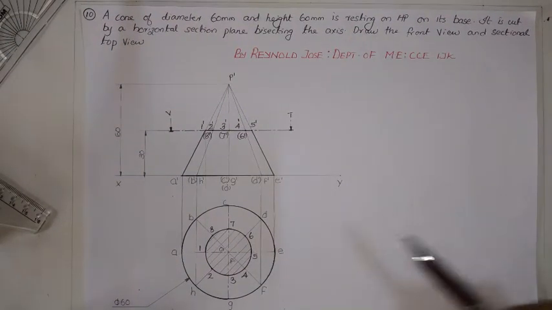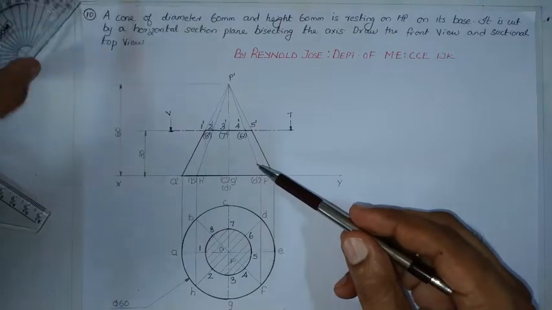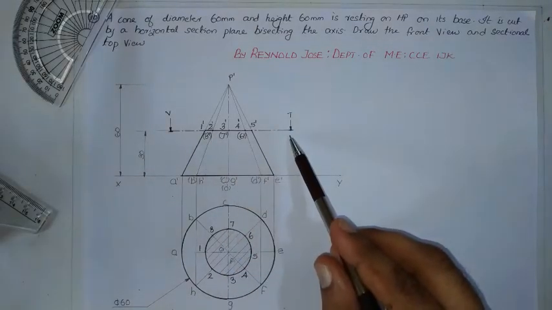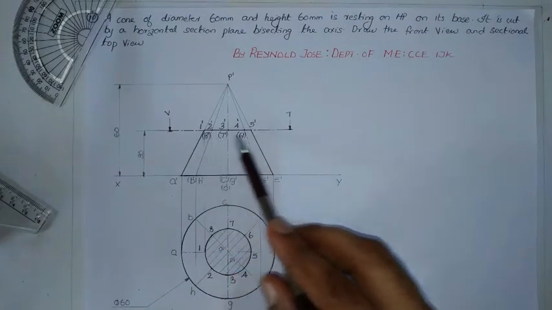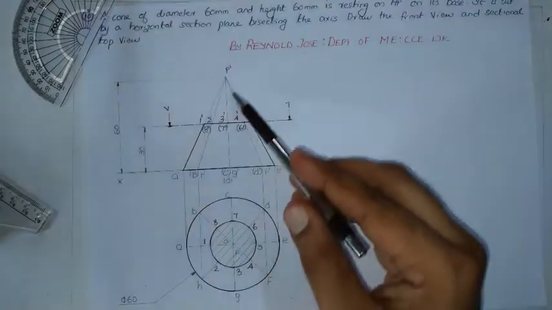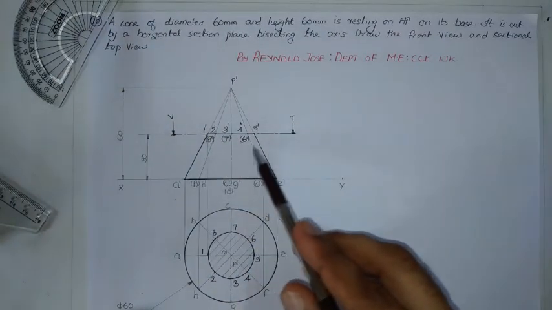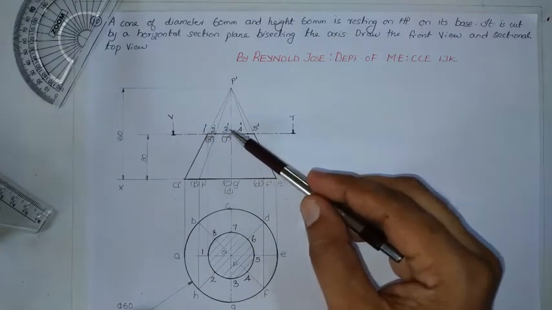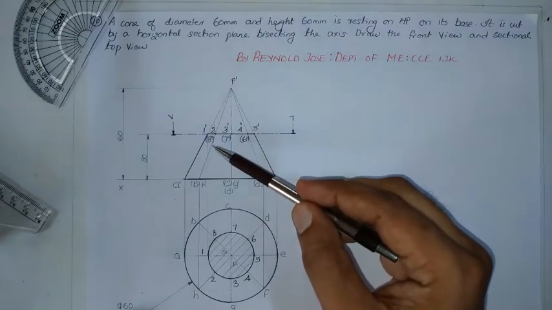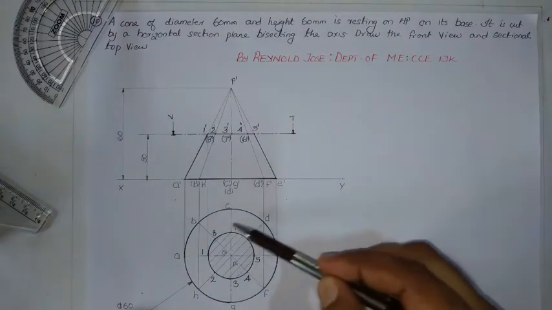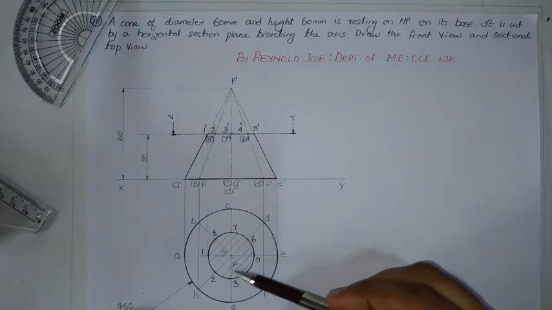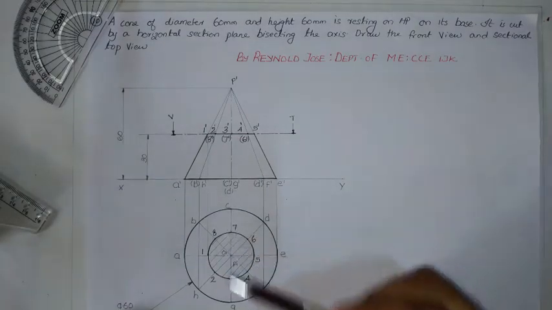So we shall have a quick review regarding the procedures of this problem. So first step is draw the simple top view and simple front view as per the requirement of the question using type B lines, that is thin lines. After that, locate the section plane. Then mark the meeting points of the section plane with the various generators in the front view as 1', 2', 3' up to 8'. Transfer 1', 2', 3', 4', 5', 6', 7' to the top view as 1, 2, 3, 4, 5, 6, 7, 8, 1. Connect these using thick lines. Then draw hatching lines at an angle of 45.